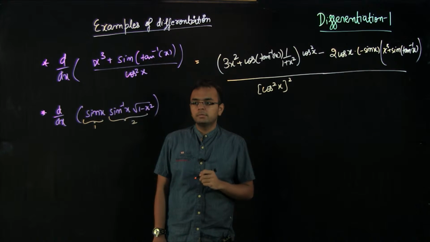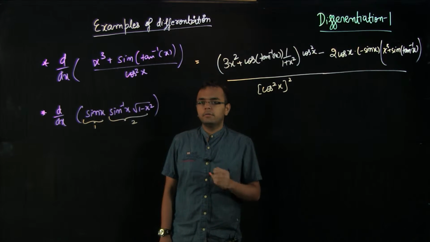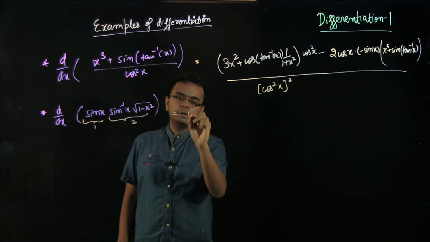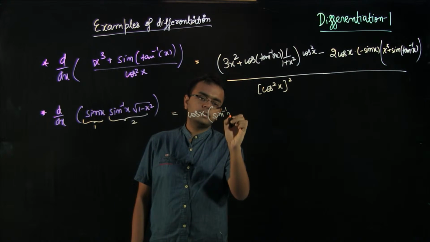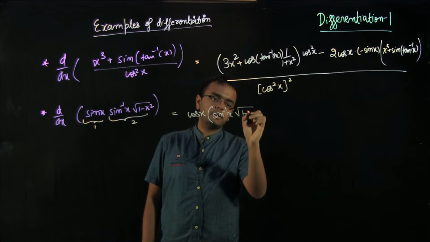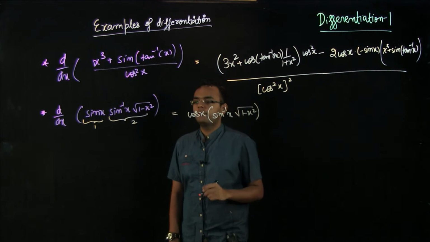So what does product rule say? Product rule says that you have to differentiate the first function. So derivative of sin x is cos x multiplied by the second function, which in this case is sin inverse x into 1 minus x square. Then you have to